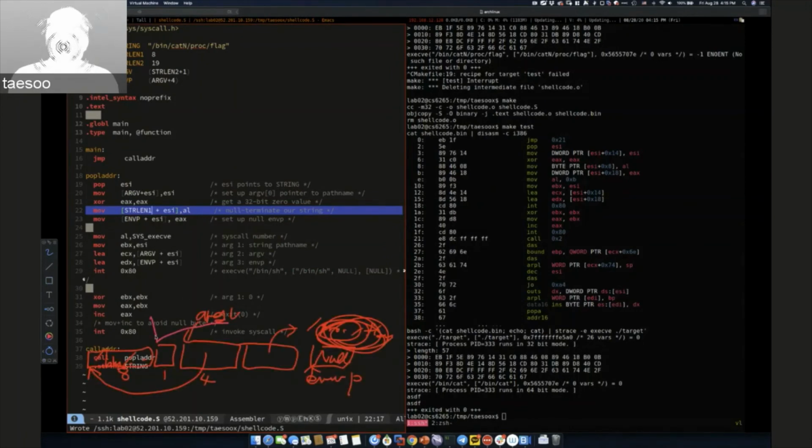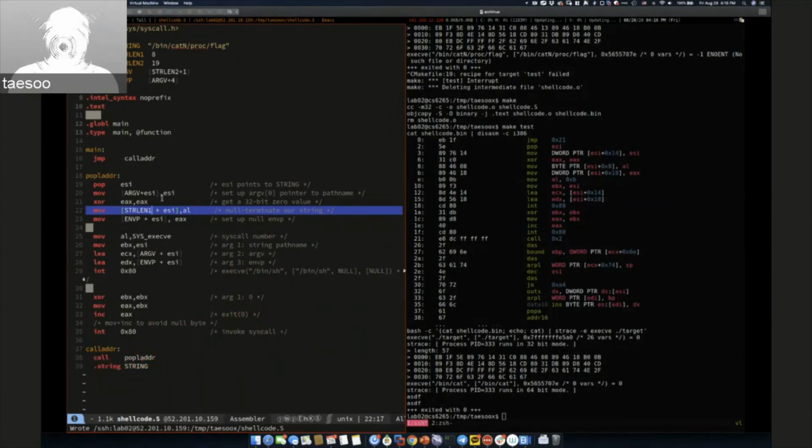Instead of having this one string, we put the proc flag right here, and we also put an extra null after the proc flag so that we maintain this one nice string. And instead of having just one pointer here, we'd like to point to the next one. In fact, these locations are pretty easy to infer from the beginning of the ESI, but unfortunately ESI is everywhere,